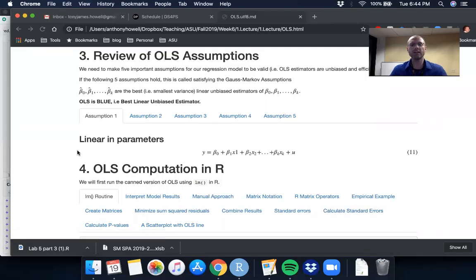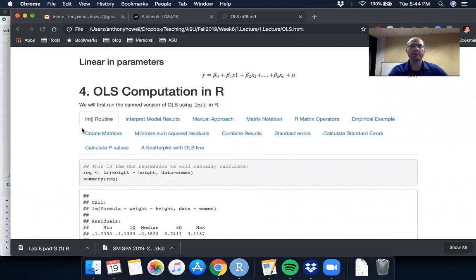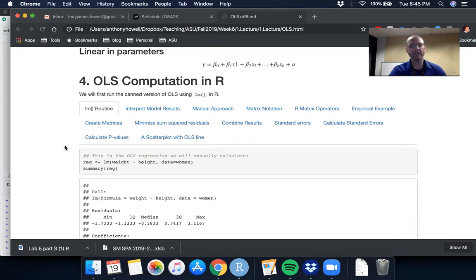Okay, hello everyone. So last video we looked at some of the five main assumptions for OLS to be the best linear unbiased estimator. Now we want to move into more of the computation aspect of running regression models in R. You've probably used the LM command in some of your other courses, but essentially it's very easy to run